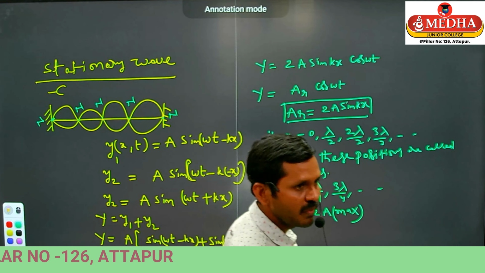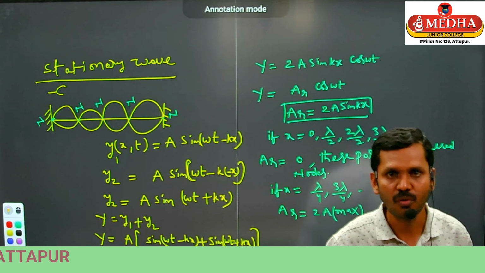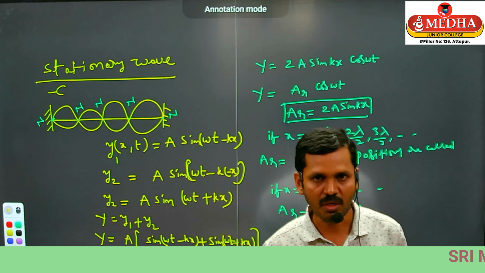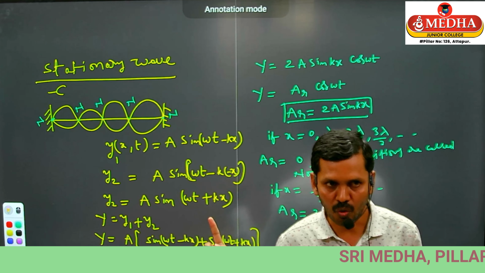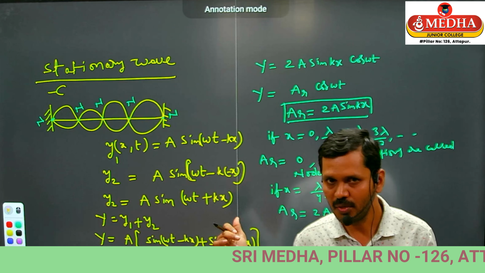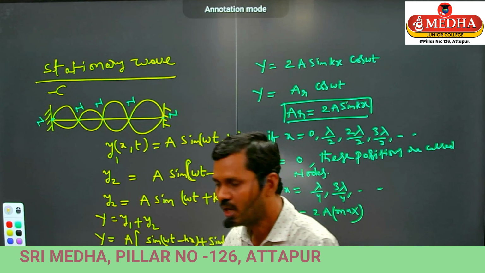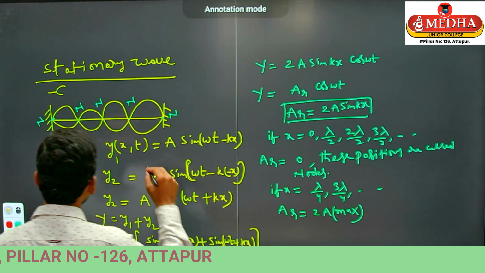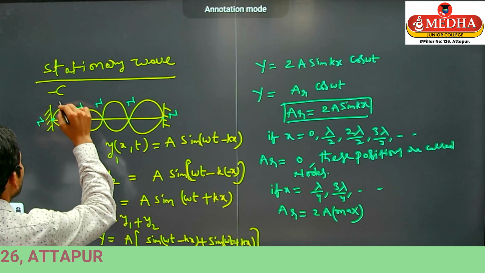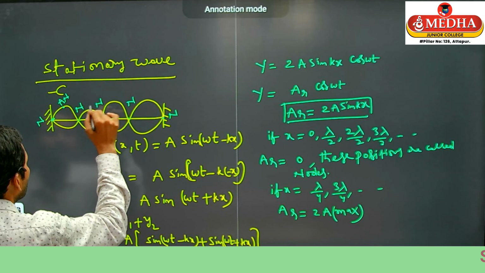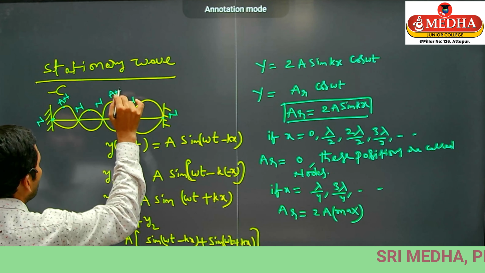The positions where we get maximum amplitude on the resultant wave are called antinodes. Node is already discussed; now where amplitude is maximum, those positions are called antinodes. See, I am marking in this diagram: here antinode because amplitude is maximum, here antinode,